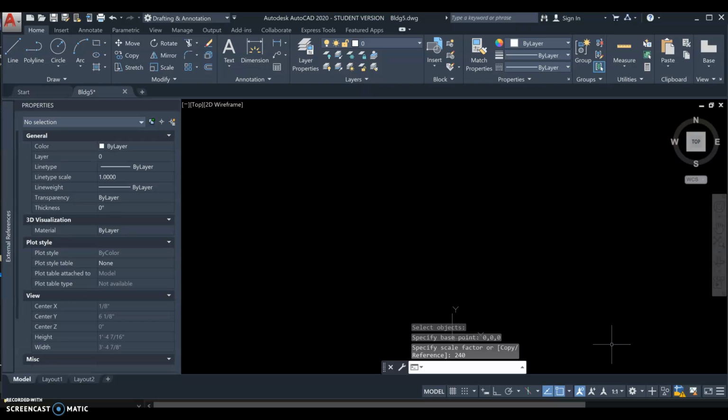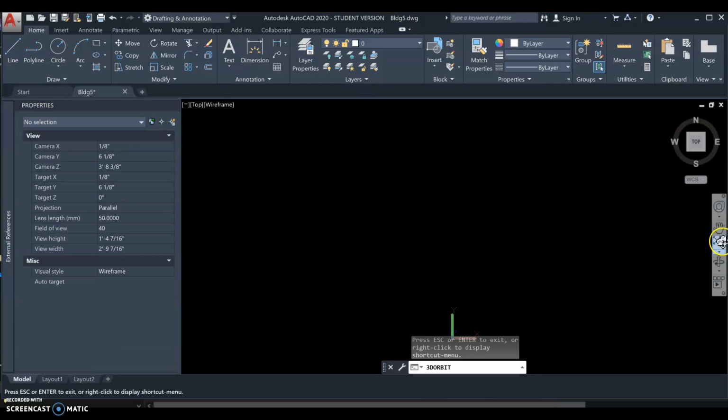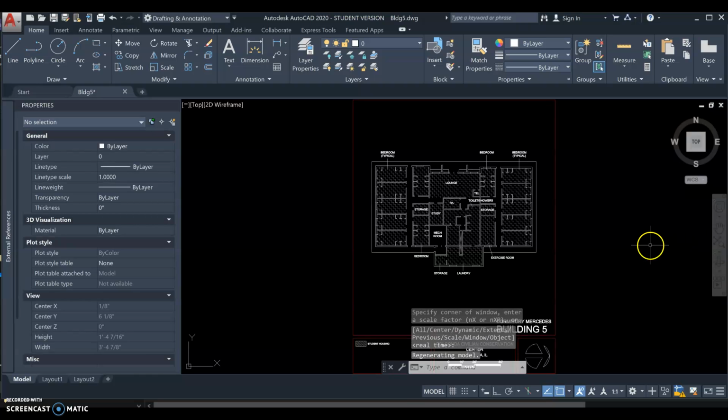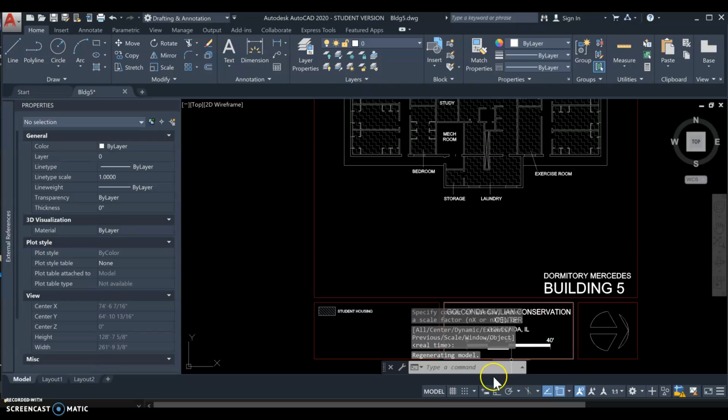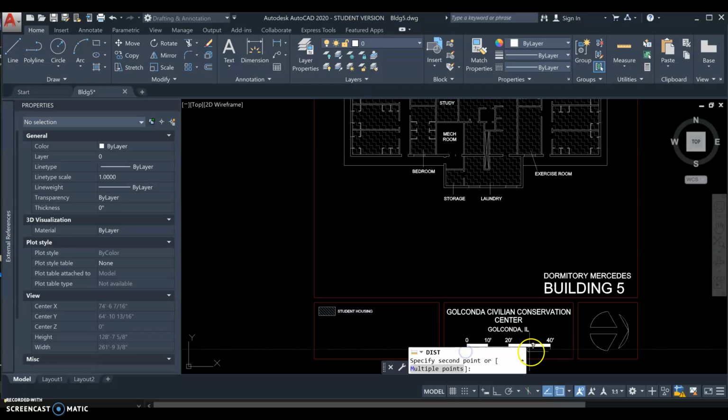Hit enter. Now we can't see anything, so whenever you lose sight of what you just worked on, you can just click on the zoom extend button right here to see the whole thing. So now let's just check on the length of the scale bar again. Click on the endpoint and another endpoint, so it shows 40 feet. And so that indicates how right now this drawing is in a real scale in the model space,